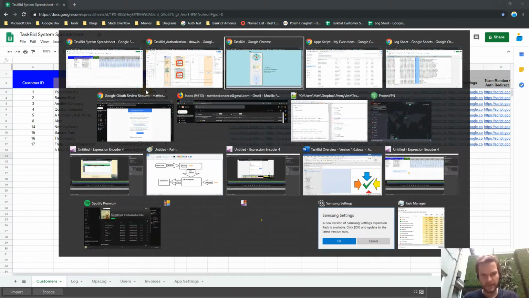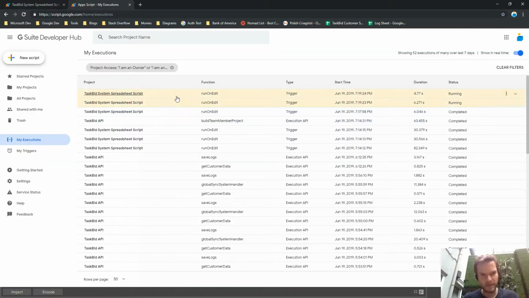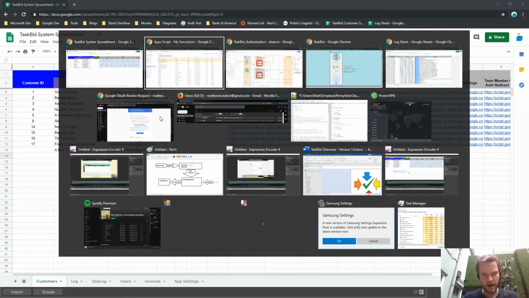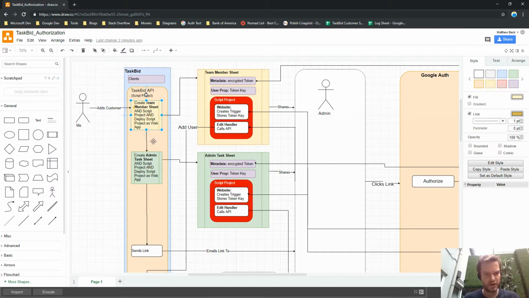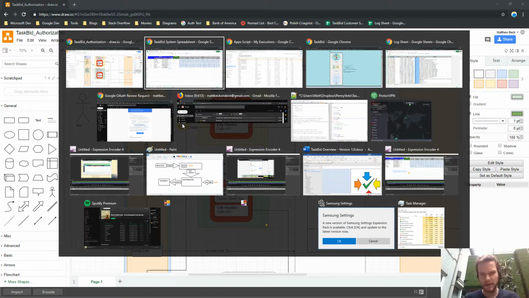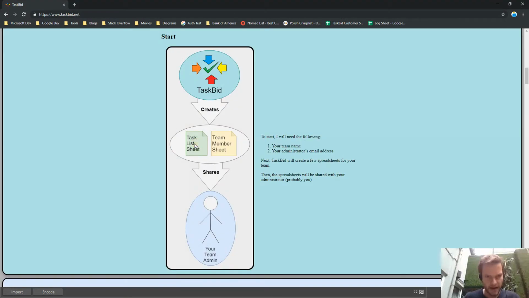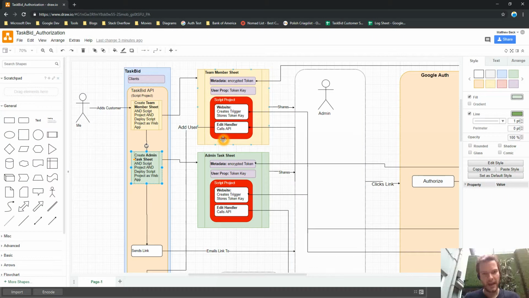There is a script that is running in the background. You can see it come up over here. That script is doing these things. It is creating a team member sheet and an admin task sheet. In the documentation, you see that here, the task list sheet and a team member sheet are essentially those. And each of those